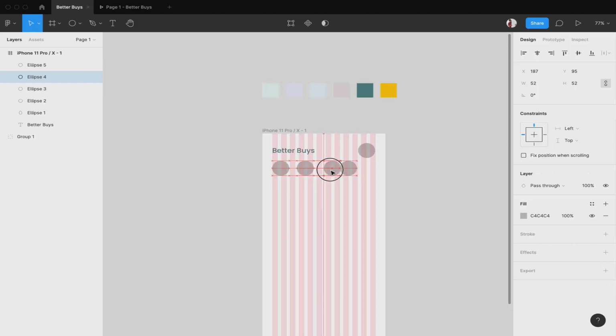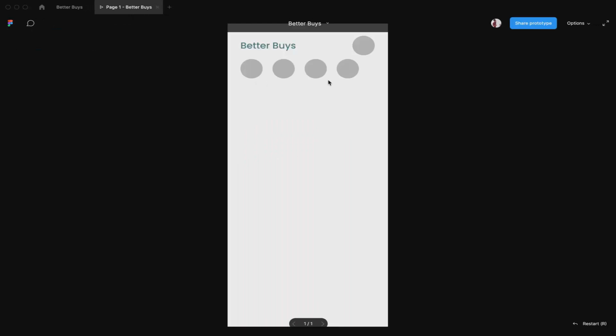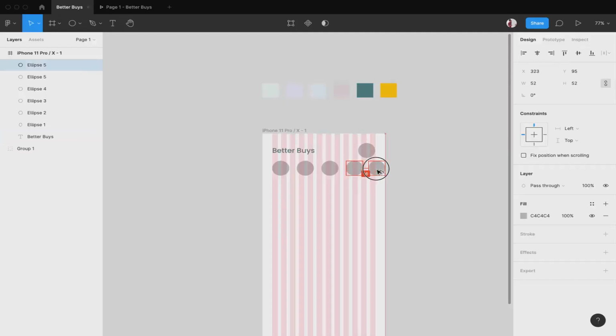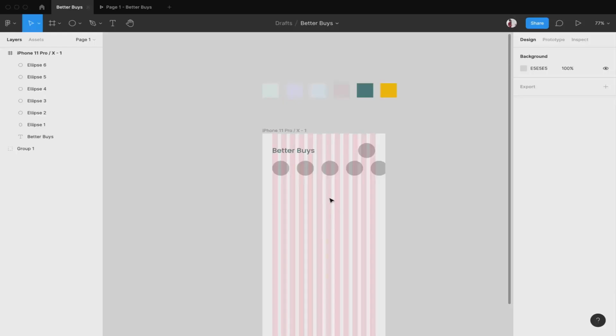Then it will automatically tell you if the distance is equal or not. Okay, so now we have four sections over here, and I want one more, but that needs to be half gone inside. By this the user will know that there is another category for them to go and check out. I hope you understand what I'm trying to do over here.